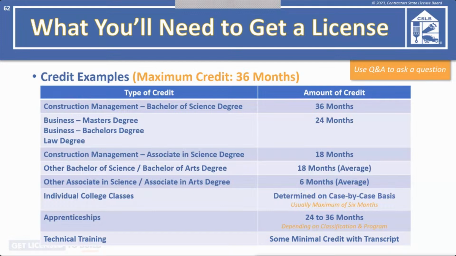How often is the license exam offered? So as before, it's offered every single day, but you're not going to get a link to any of that information until you have an approved posted application with us.